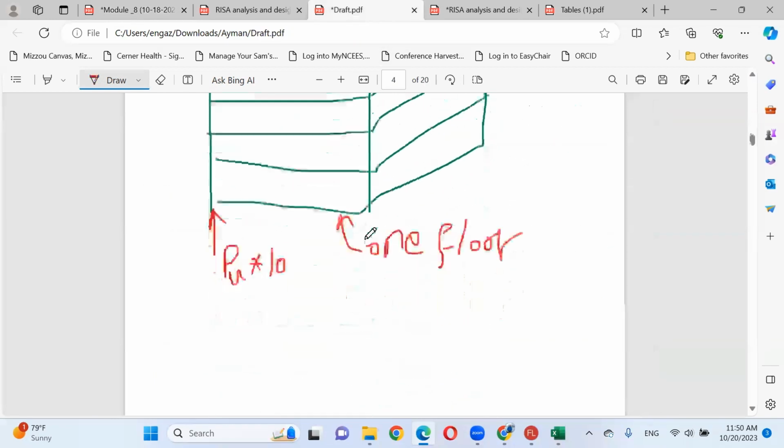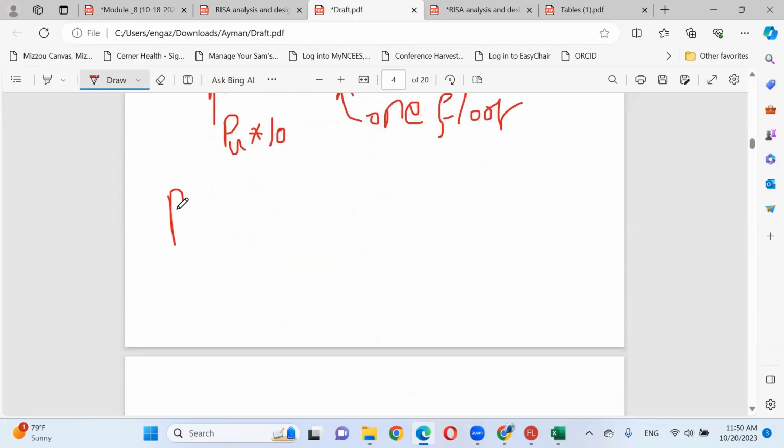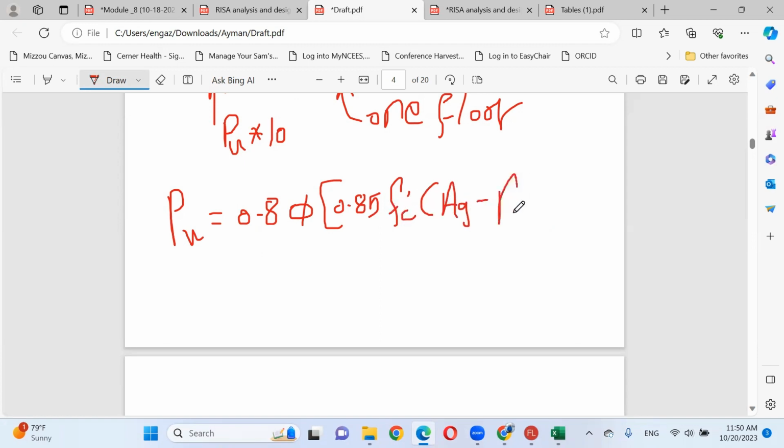Keep in mind, P ultimate equals 0.8 times phi times 0.85 F prime C times (area gross minus area steel) plus F yield times area steel. Then close.